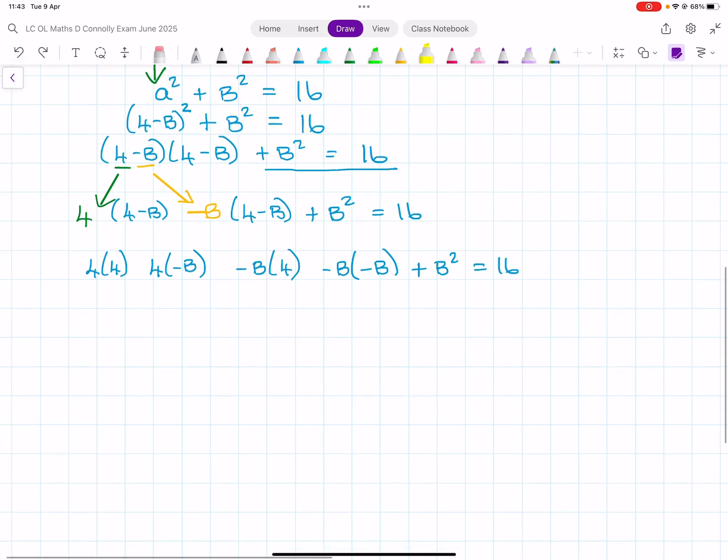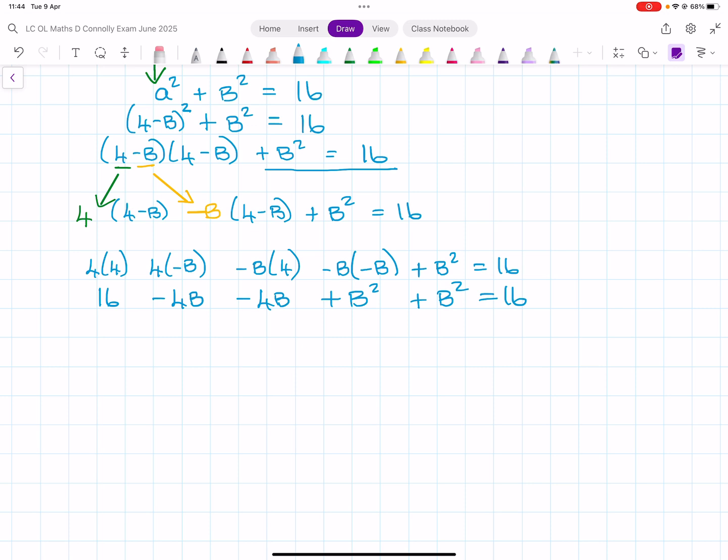Okay. Keep going. 4 times 4 is 16. 4 times minus b is minus 4b. Minus b times 4 is minus 4b. Minus b times minus b, so the two minuses make a plus, and b times b is b squared, and then plus b squared, and equals 16. Okay, so